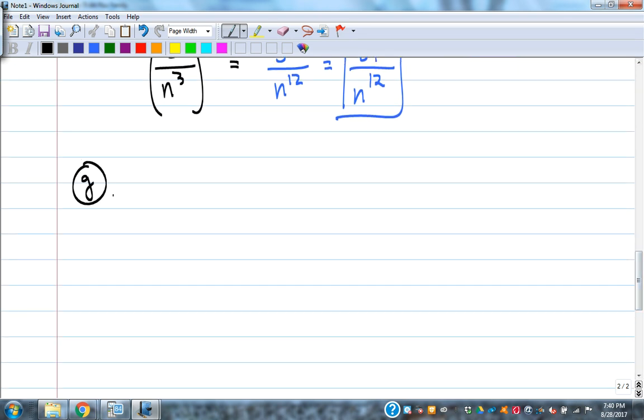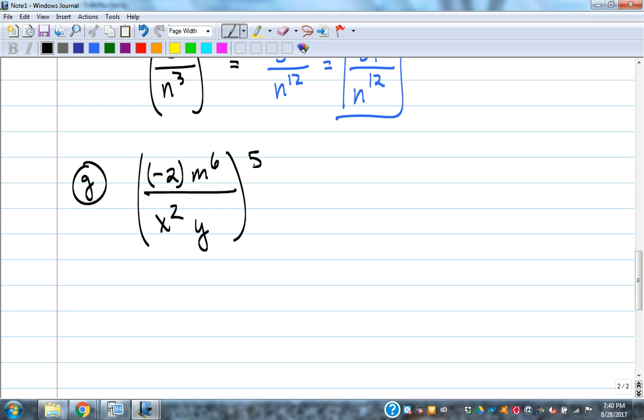It's a little wild. All right, so let's put a negative number in there. Negative 2 m to the 6th over x squared y in parentheses. So let's get tough here. To the 5th power. M to the 30, x to the,